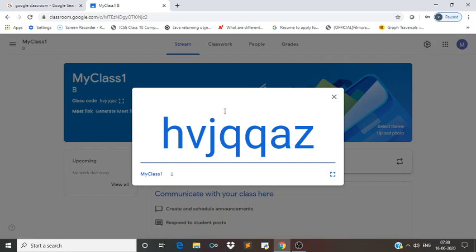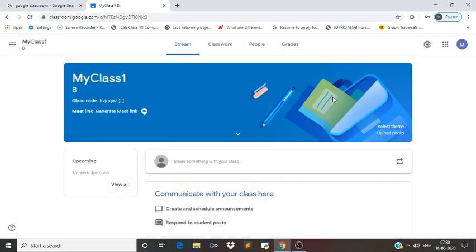So this class code can be given to the students. Okay. You can assign this class code to the students in two ways. First, you can send this class code to the students on their WhatsApp group, and second, you can send this class code using email. Okay. So this you can send via WhatsApp, very simple. But how can we send this using email, that I will explain. Okay. So now I close this.